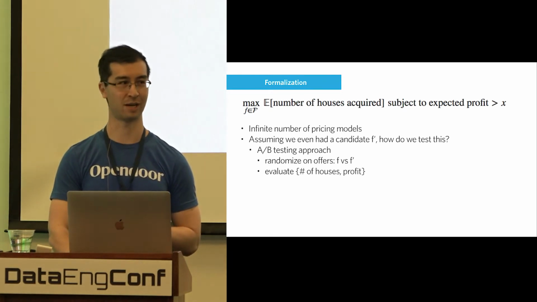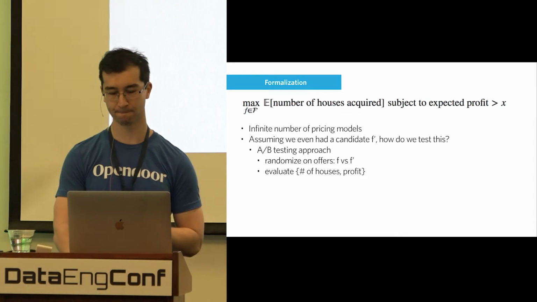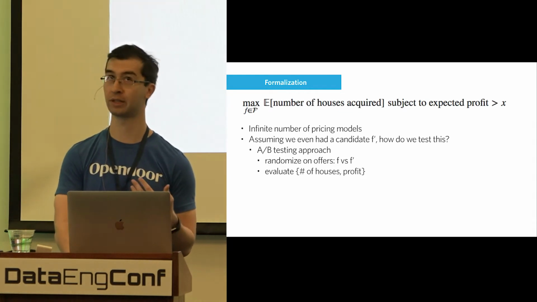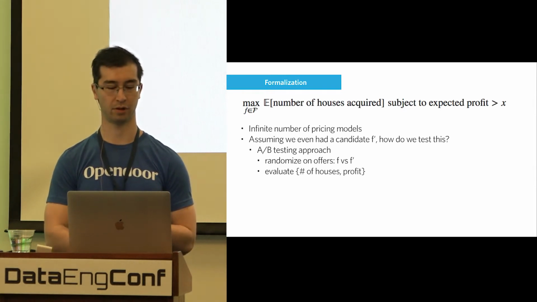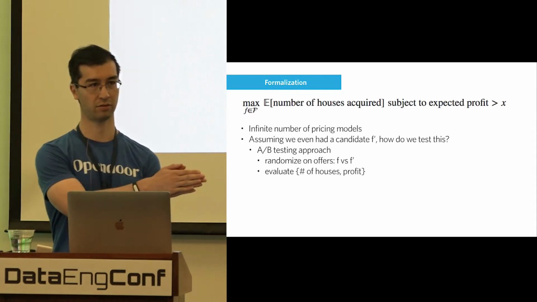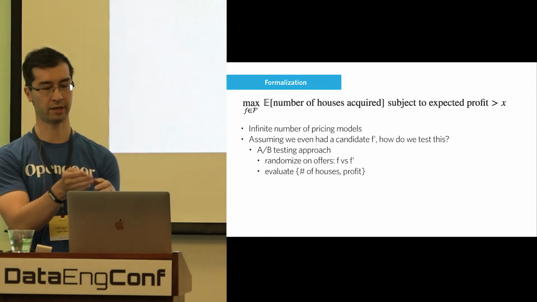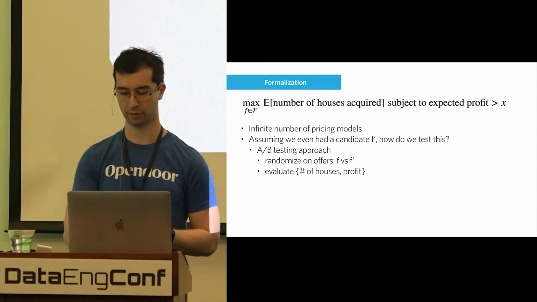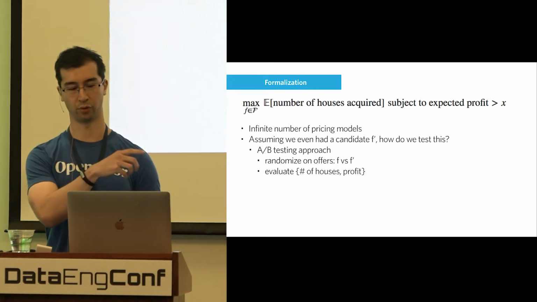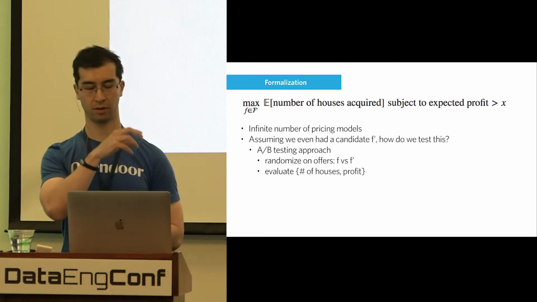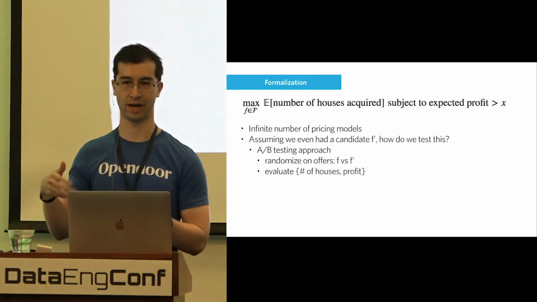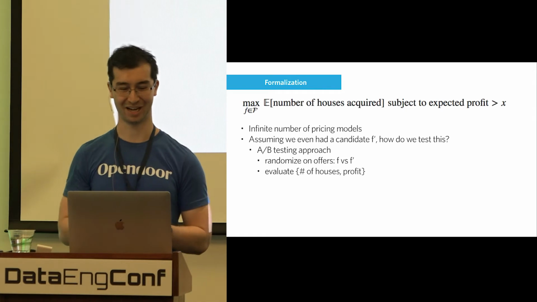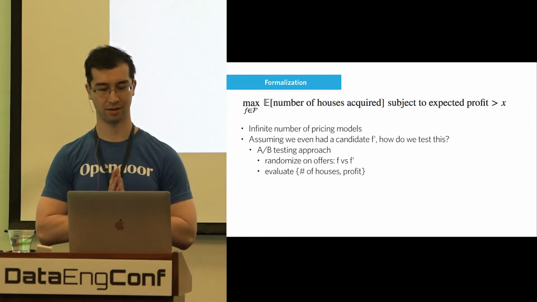Let's think about what an A/B testing approach would look like. First, you have to determine your experimental unit, and you can randomize on offers. That is, when an offer comes in, you randomly assign either one pricing model or another pricing model. That's pretty straightforward. And then the two metrics that we looked at: conversion rolls up into number of houses, and then we add up profit, and then you get profit too. So in principle, this seems like it would work,